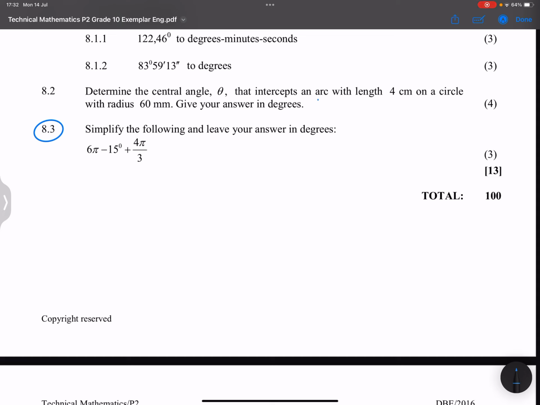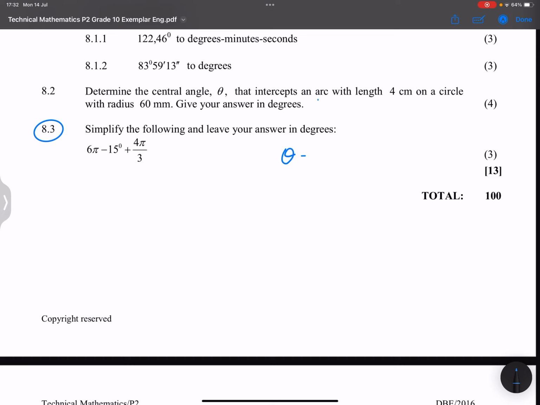So we are looking at the relationship between radians and degrees. So how do you convert between the two? Firstly, they said, simplify the following and leave your answer in degrees. Right, so you can see that there are angles that are in terms of pi, and we know that if